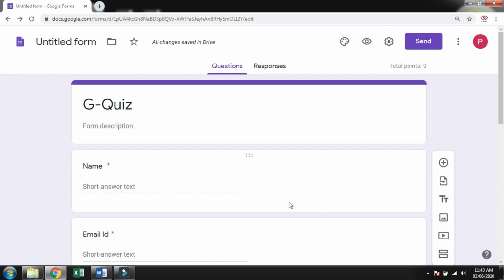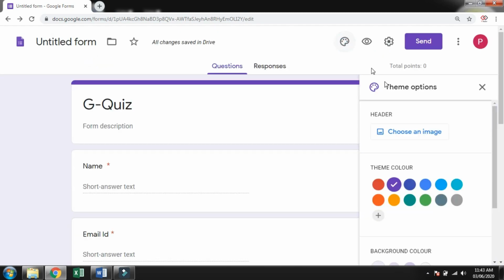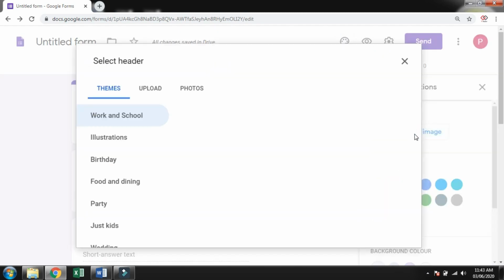And if you want to personalize this page with your pictures, header pictures, go to customize theme, choose an image. I'm just going to add some image over here.